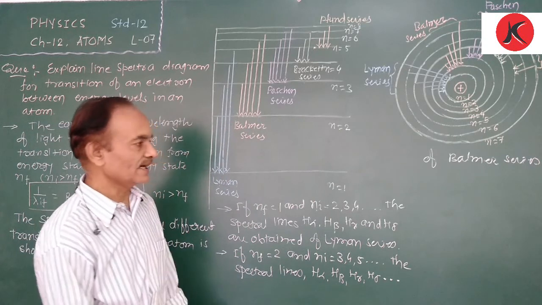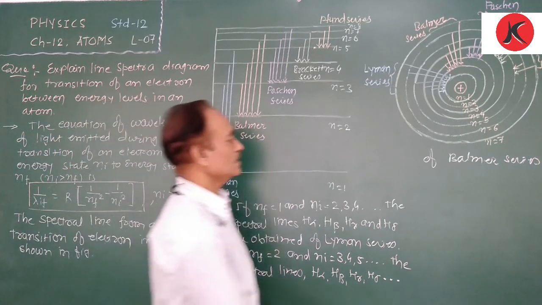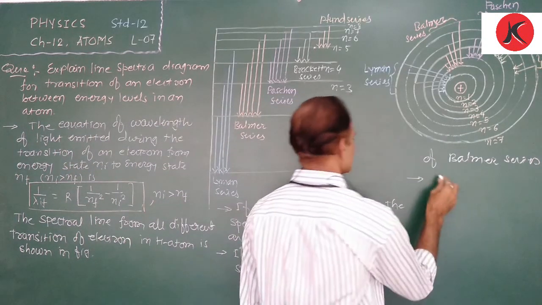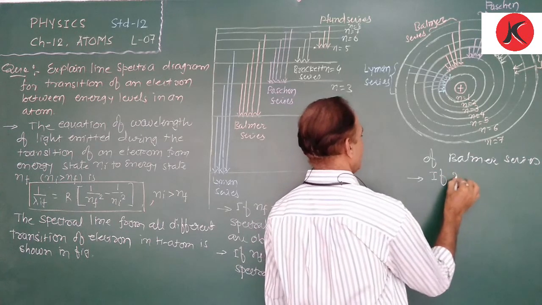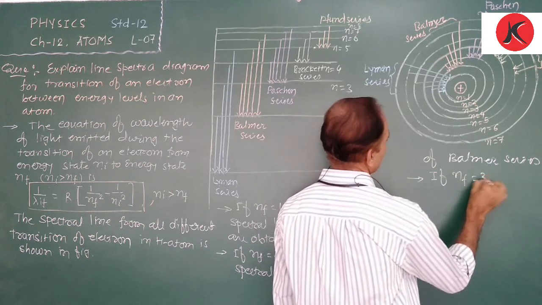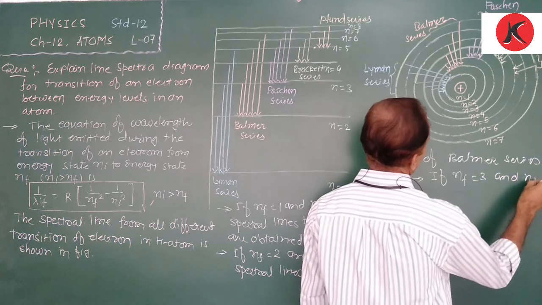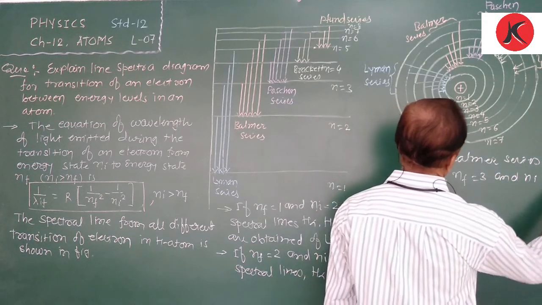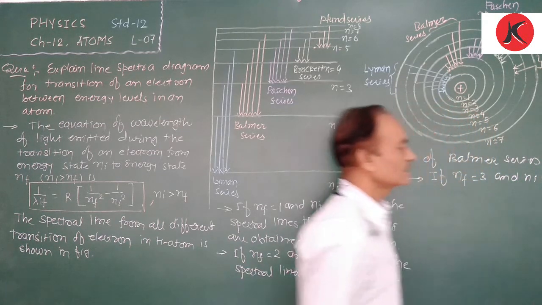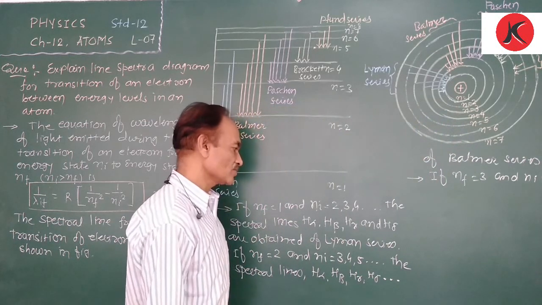And similarly, third is the Paschen series. If nf is equal to 3 and ni is equal to 4, 5, 6 and so on,